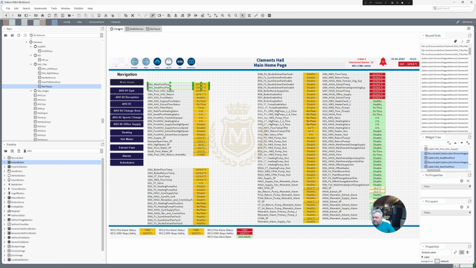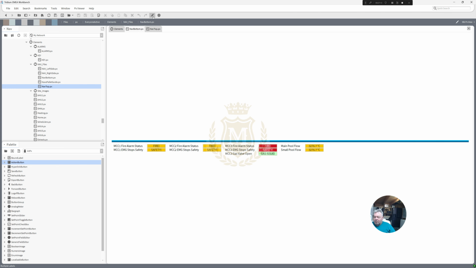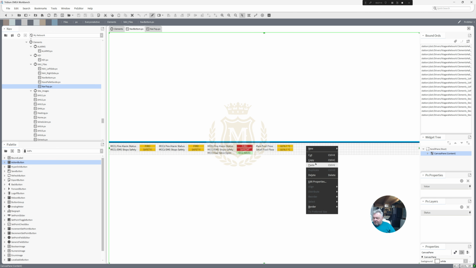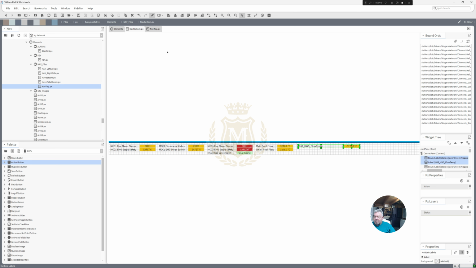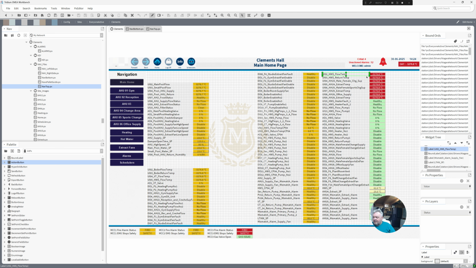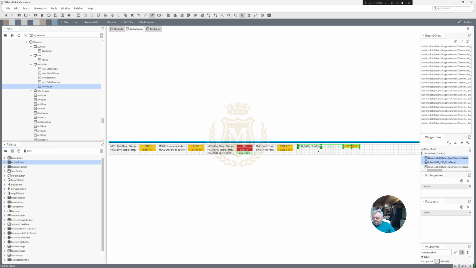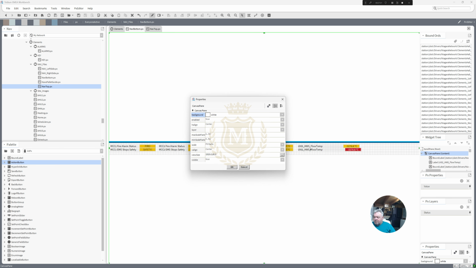And it'd probably be nice to know the hot water flow and return. Well, we've got two hot water flows here, we've got MCC1 and MCC2. So let me just take that one, let me copy that, that's MCC1, paste, and then go back into there and take that one, that's MCC3, paste, and we'll call that